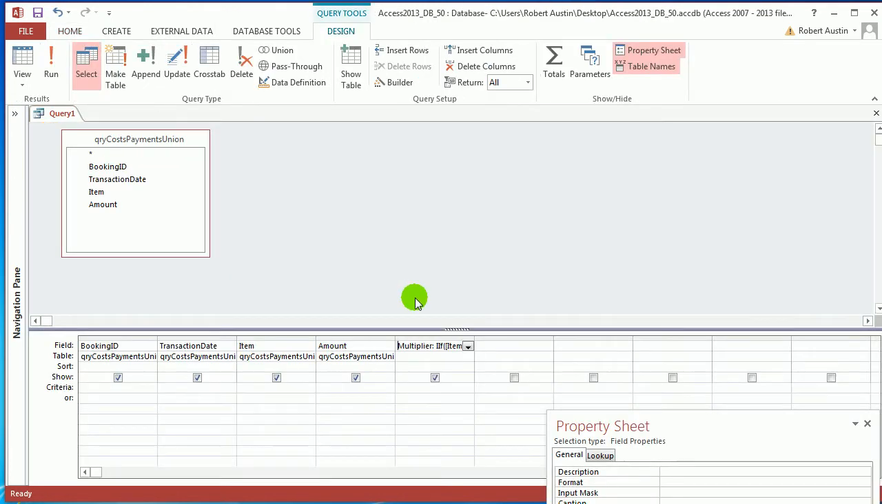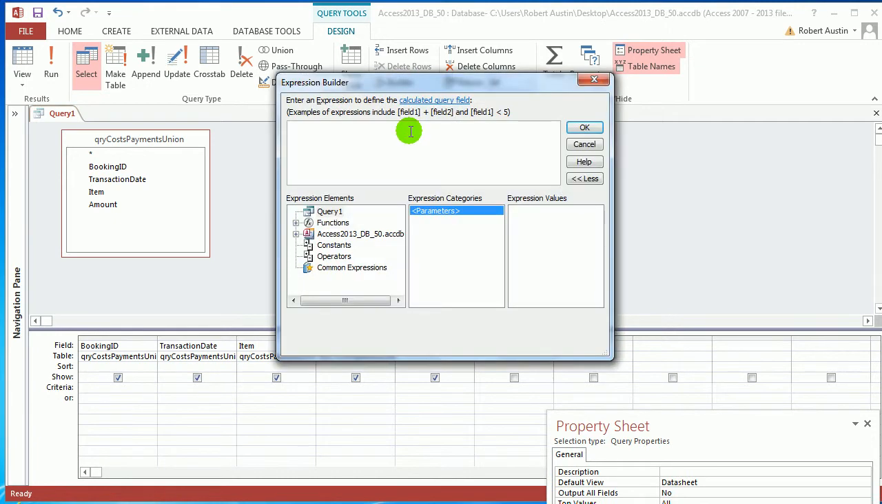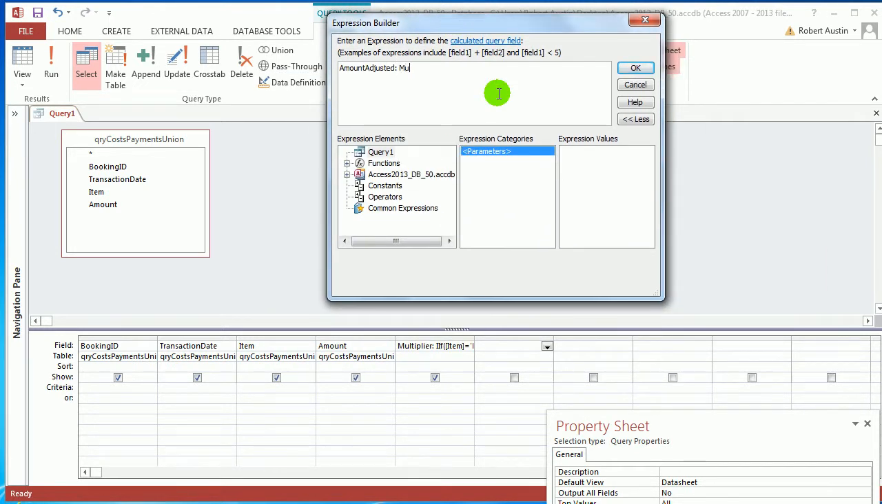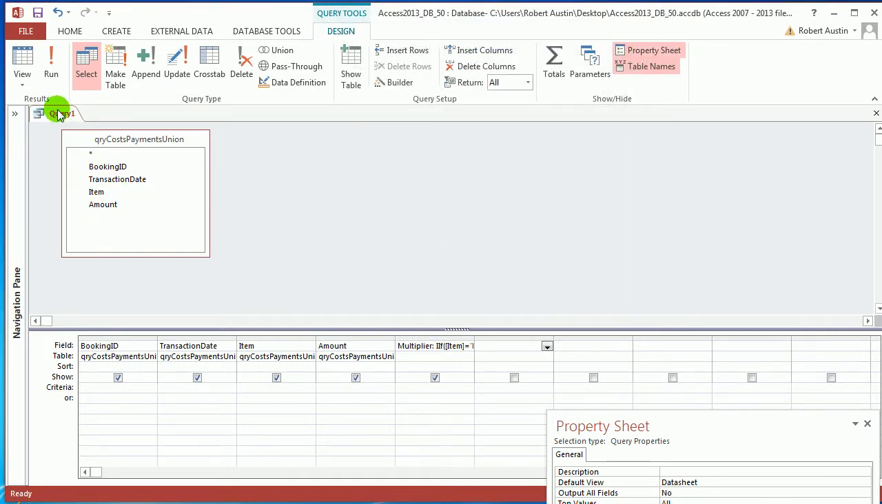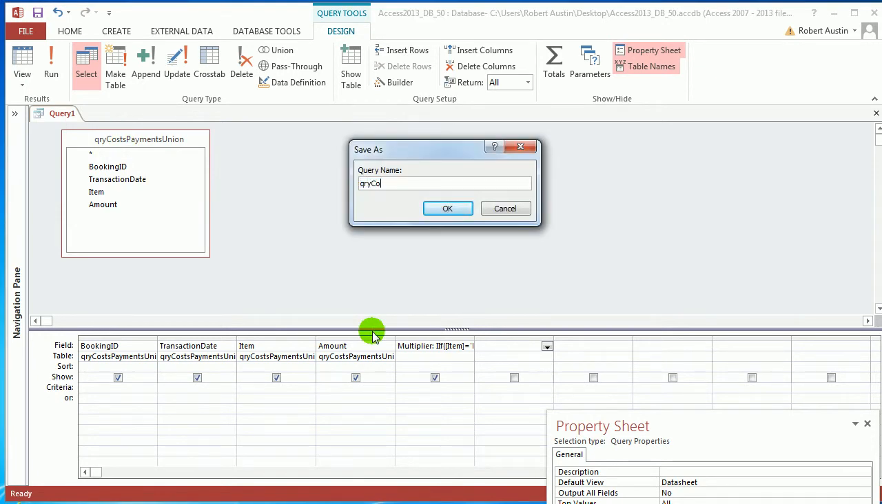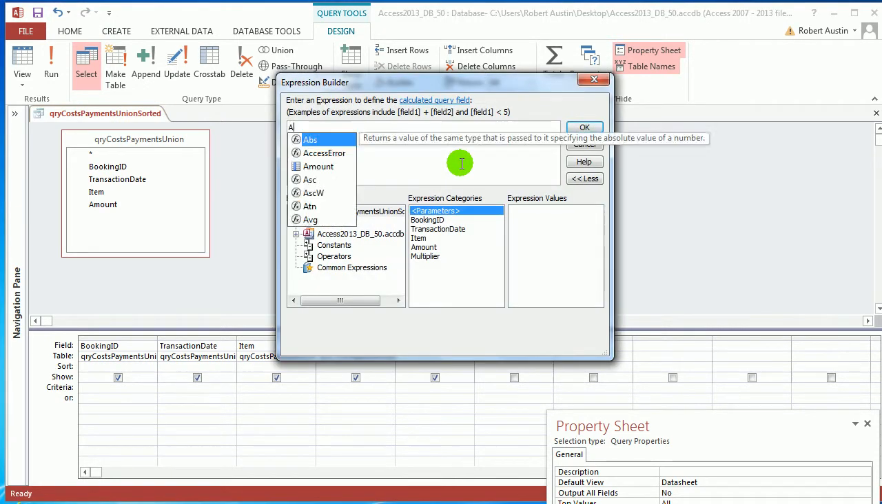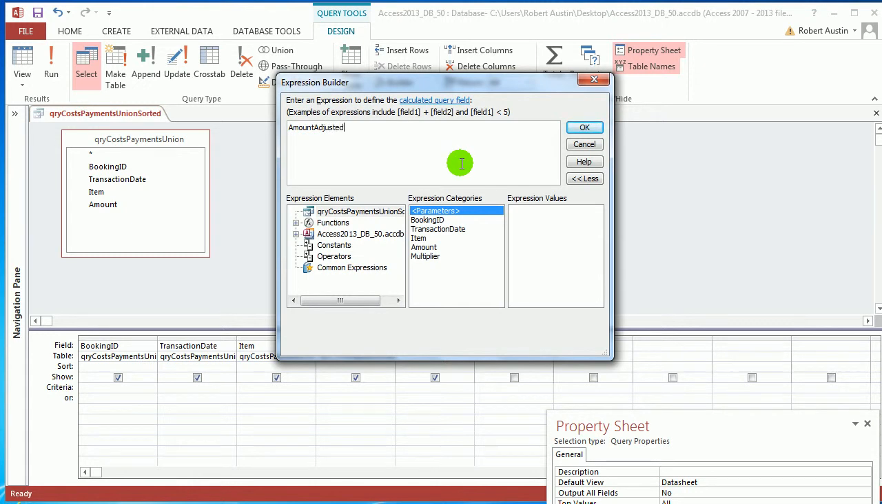Then what we do is we add another column, go to builder, and we call this amount adjusted, semicolon, and it's equal to multiplier, which won't, hang on, we need to save this. Exit out of that. Okay, save this query and call it query costs payments union sorted, otherwise it won't pick up multiplier. So go back in there, builder, amount adjusted, and it's multiplier times amount,